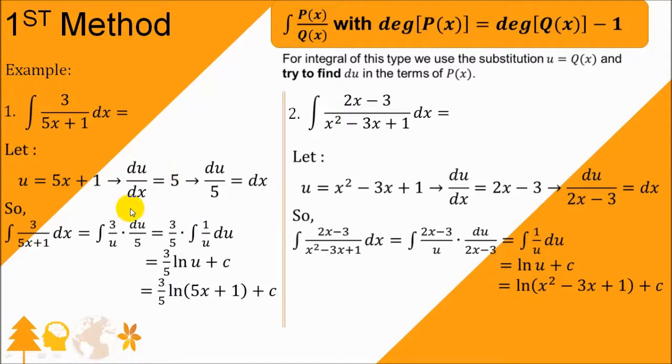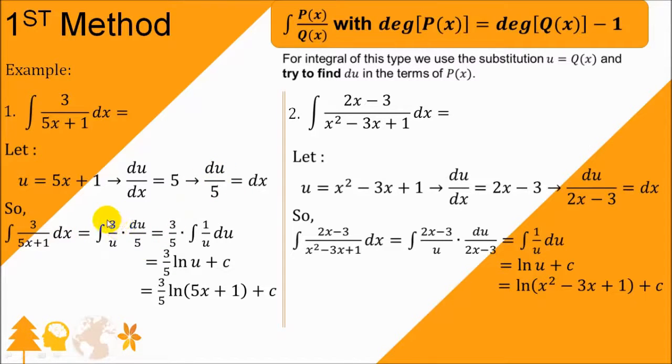Then we differentiate, so du over dx is equal to 5, and dx is equal to du over 5. Then the integral of 3 over 5x plus 1 becomes, with u and dx equal to du over 5,